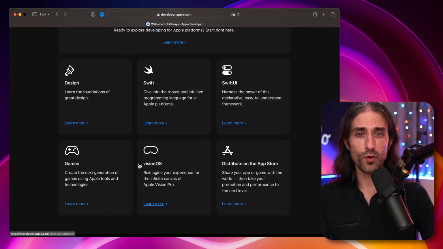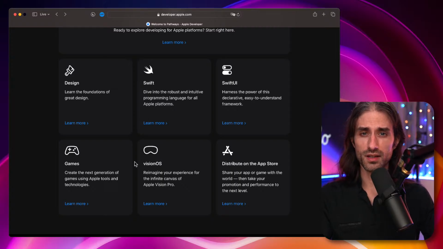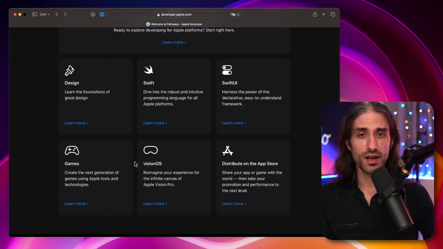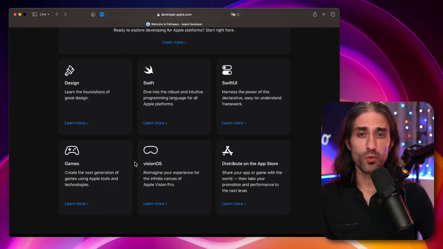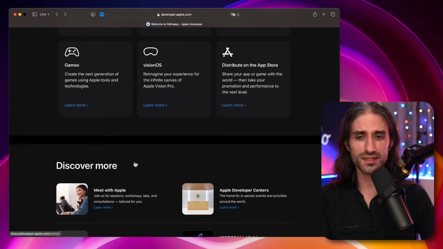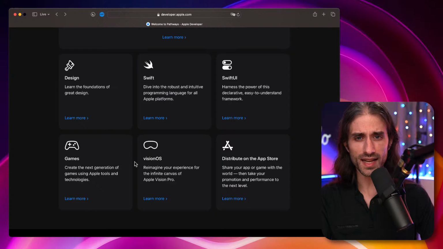But it's still great that they created this pathway that would allow developers with existing experience in iOS and Swift to start picking up skills about Vision OS in a much more streamlined way than if they had to pick the information left and right, finding which WWDC video to watch, which documentation to read, etc.